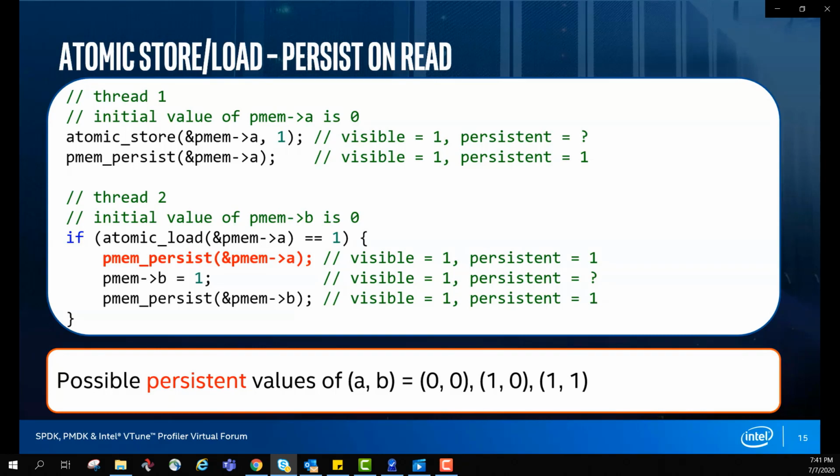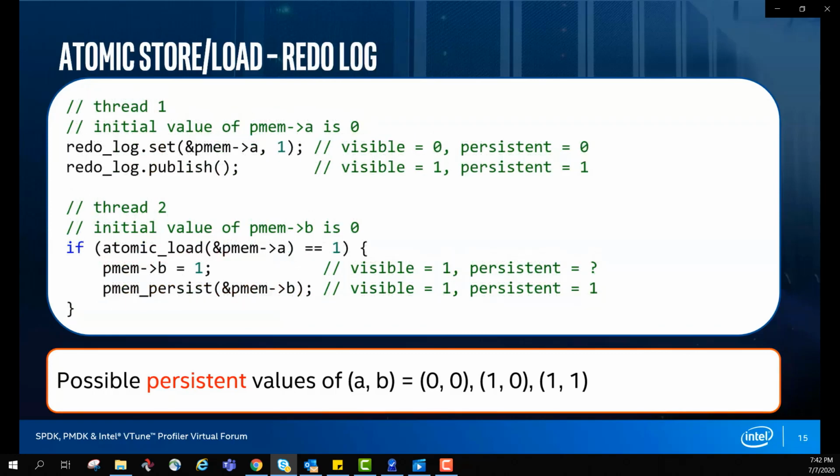So when you think about that, this PMPersist call will make sure that the value A is actually persistent after it completes. So it's pretty clear that the unwanted combination is no longer possible in this case. Although this approach solves our problem, it is unfortunately quite expensive, because if every reader has to perform PMPersist, it can invalidate cache and have a negative performance outcome. There are some optimizations which you can use, but I will not go into detail here. If you want to know more, you can ask a question or write an email, so we can share more details on that. There is also one more